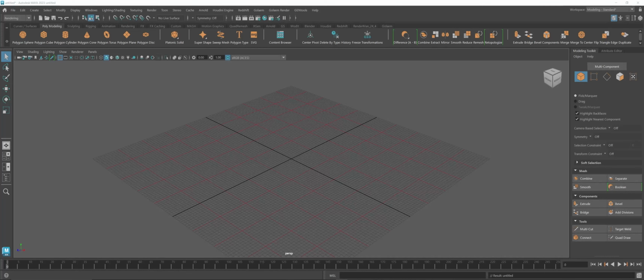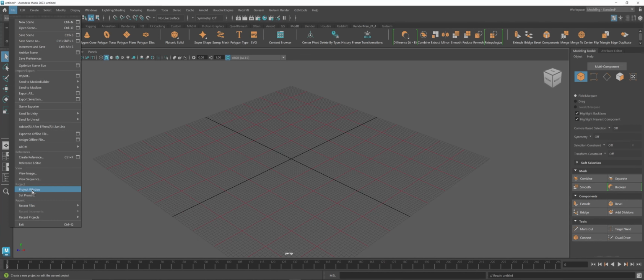Hi, I'm going to show you how to set up a basic render and how to apply a material onto an object. Then I'm going to show you how to import the images into Premiere in a format. All right, so the first thing I need to do here is to set up a basic project